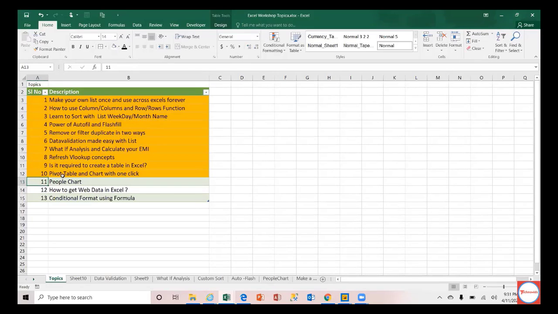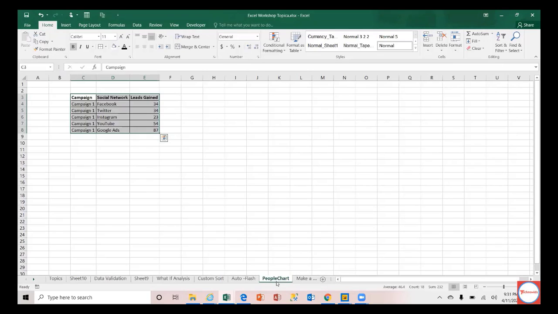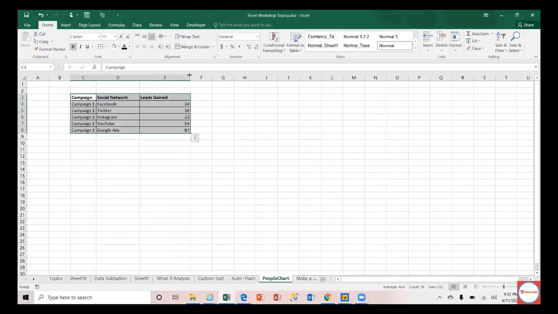The people chart is a simple concept, again very simple, but very often used. Especially I read the Times. I am a Times of India subscriber. I see pretty much every day or every alternate day they have used this chart.